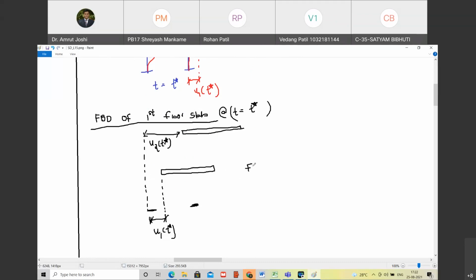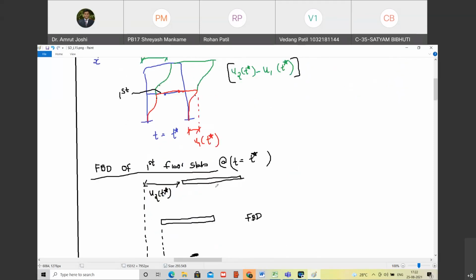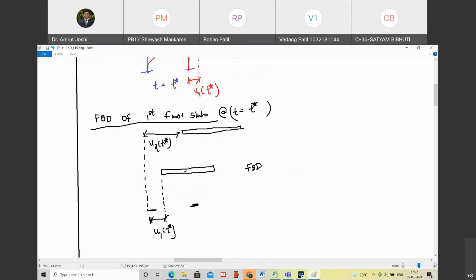I am drawing the free body diagram of this slab. Happy? Yes, sir. Are you with me? So free the body from all external agencies. All external agencies are the 4 columns meeting here. 1, 2, 3 and 4. Do you agree with me? Yes, sir. So I am freeing the body from all external agencies. Earth is also external. So this is m1 times g. Do you agree with me?